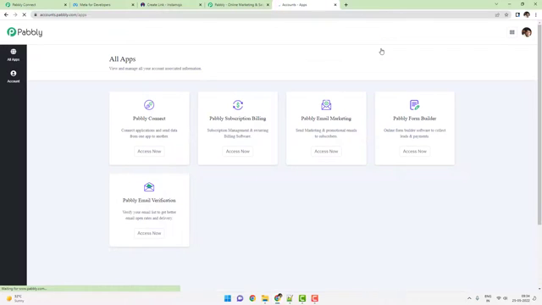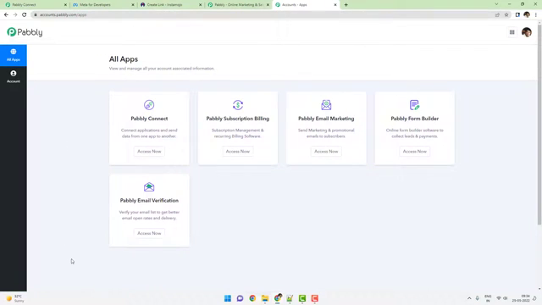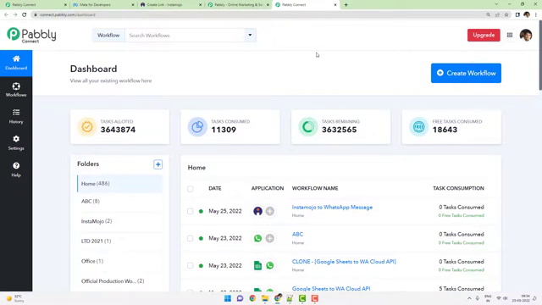Because I'm already logged in, it will take me straight to a dashboard which shows me a bunch of applications, and I will choose Pabbly Connect and click on access now. As soon as I click on access now, I will be taken to the dashboard of Pabbly Connect, which looks something like this. Okay, so the very first thing that you have to do is click on create workflow